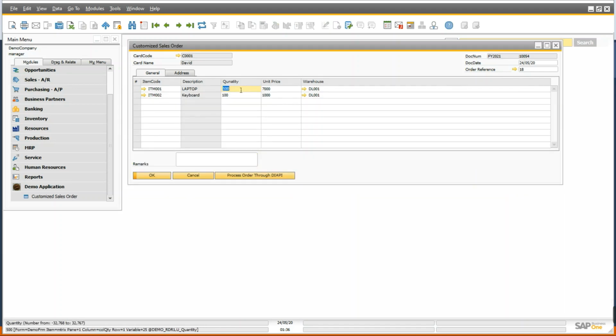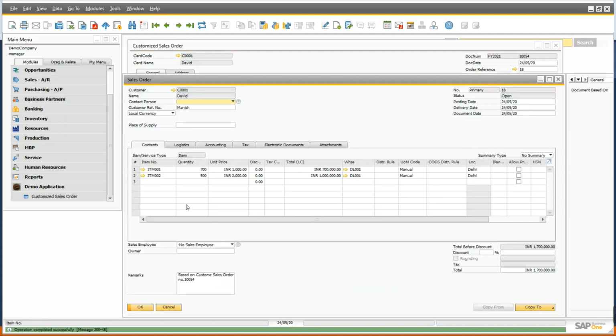So let me once again update here 700. Here we are updating 1000, and here 500, and here 2000. And let me update once again. We'll see one more time.